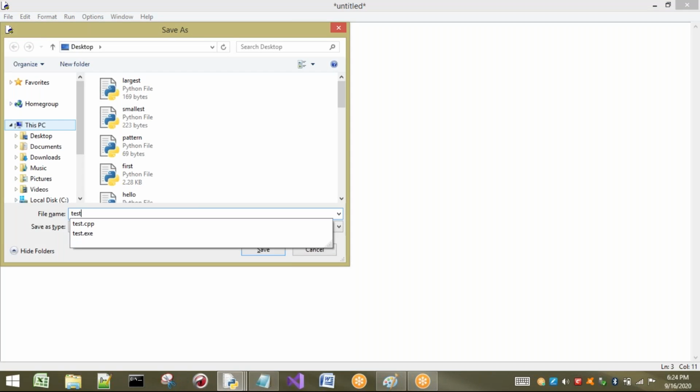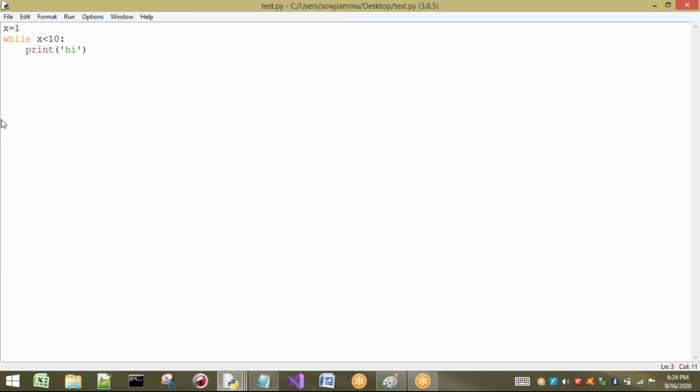It will execute n number of times because here there is nothing to stop it. The while loop is going to execute until the expression is true. Every time this expression is going to be true. If you want to make it false, we can go to some other case. First, I want to show you that the while loop will be executed until the condition is true. This condition is always true because the x value is not going to be changed here. So the statement will be executed forever.